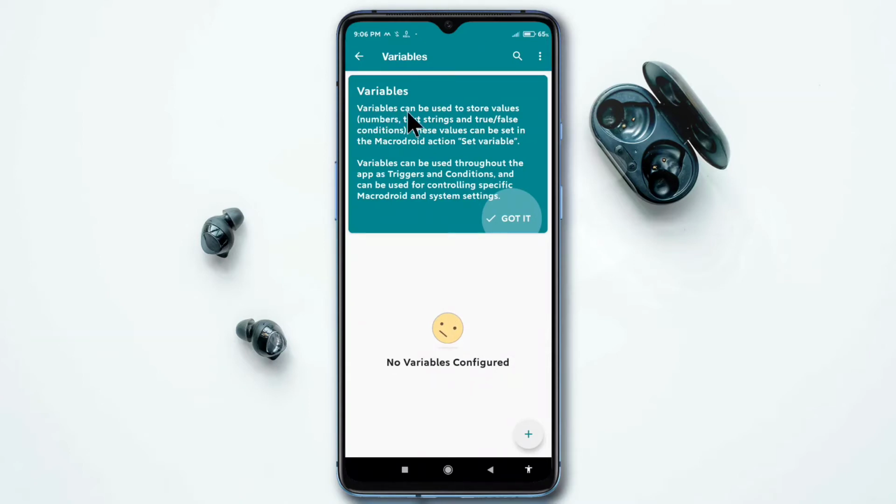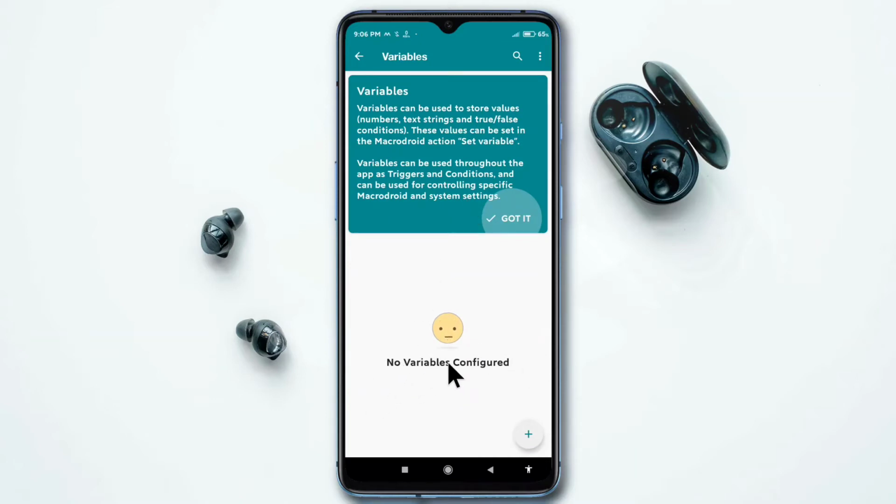The developer gives some information about the variables. Variables can be used to store values, numbers, text, strings, and true or false conditions. These values can be set in the MacroDroid action set variable. Variables can be used throughout the app as triggers and conditions and can be used for controlling specific MacroDroid and system settings. So I have not configured any variable yet.